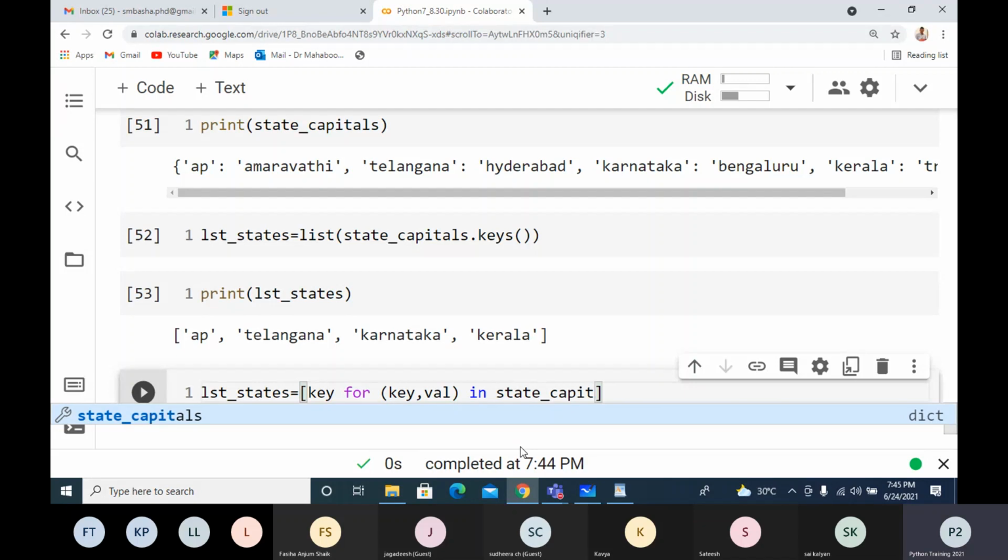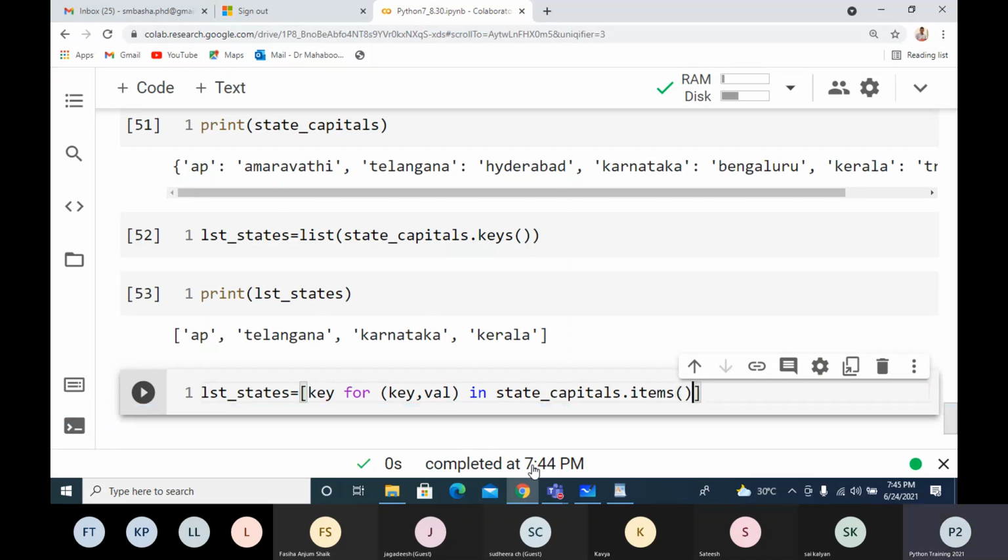It is actually somewhat lengthy, but I can say items. Simply, I'm writing this way, but it is not good.